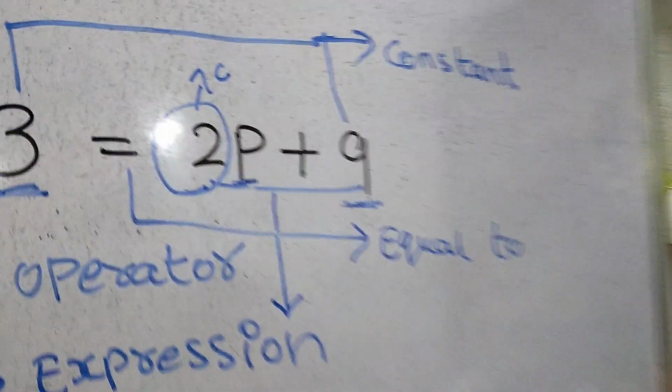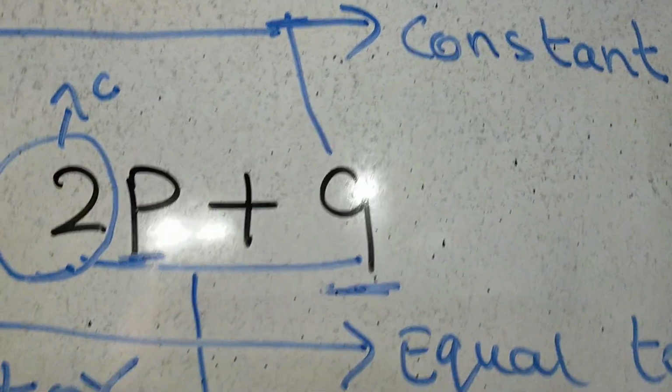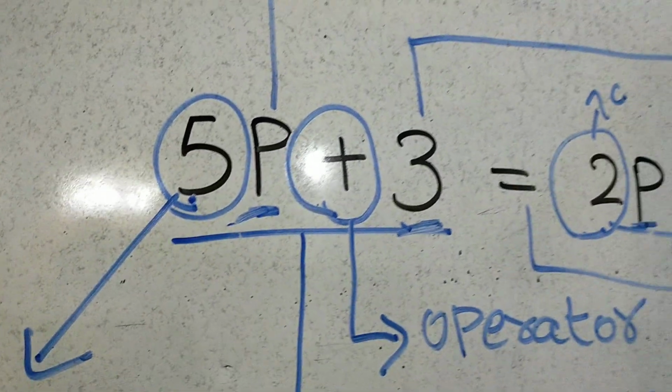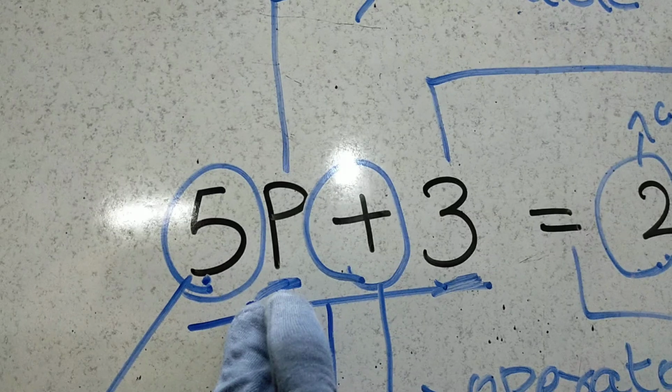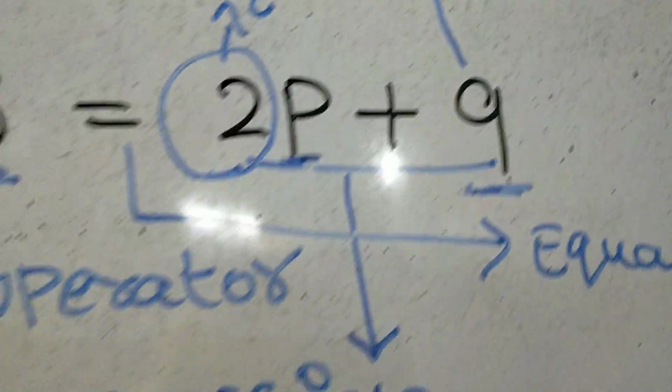Then we have something called a constant. See, a number. It is a fixed quantity. See, an individual number. Okay? Don't get confused. Don't write 5 as a constant along with an alphabet. If it is coming along with an alphabet, then that is not a constant. A separate number, only the number, is called a constant. Fixed quantity. Okay, kid? Okay?